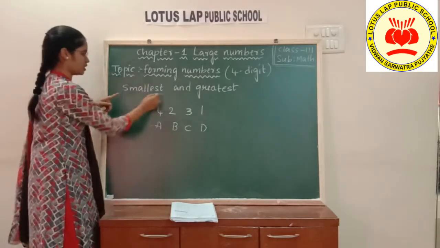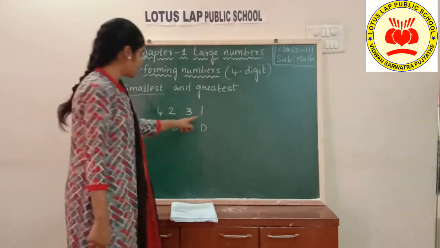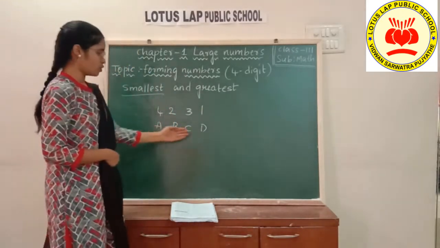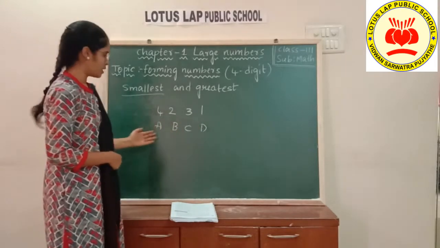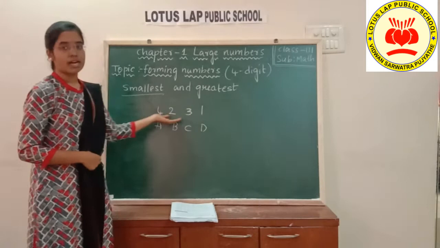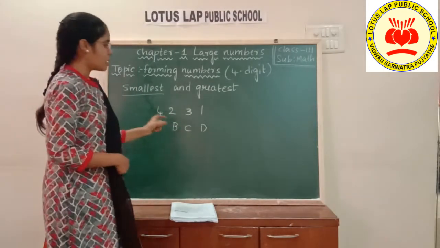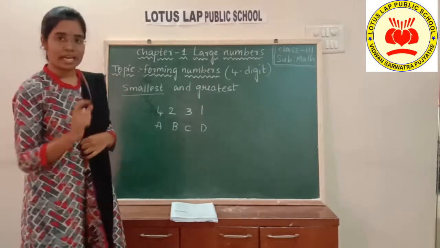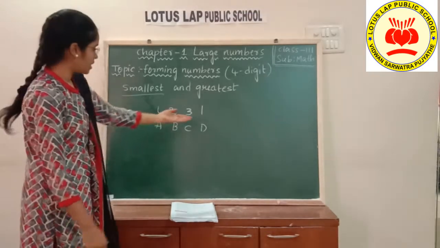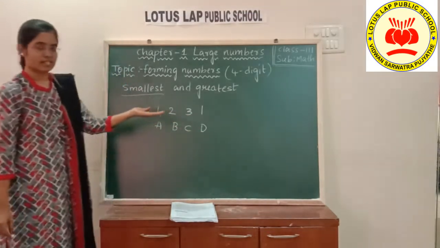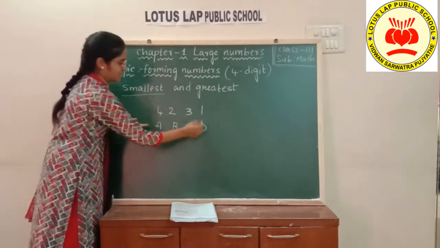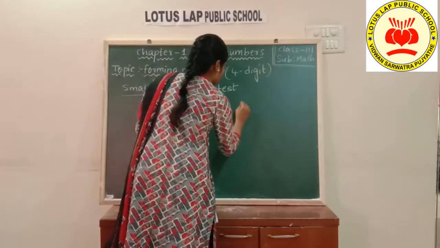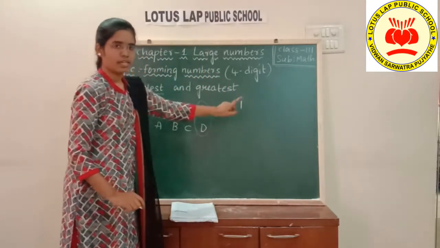First I am taking the smallest one. Now we need to arrange the scores from the lowest score to the highest score. These are the 4 students. Consider A, B, C, D as 4 students, and these digits are their scores. Now I am arranging them from the lowest score to the highest score. First, who scored less points? I am asking you. Among the four students, who had the less score? Yes, D is having less score. D scored only 1 point. I am taking 1 first.